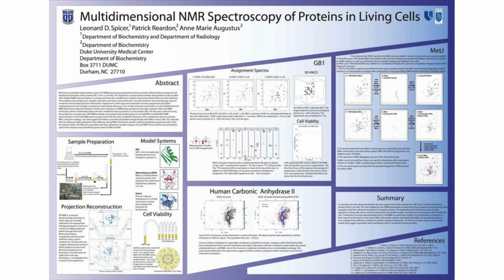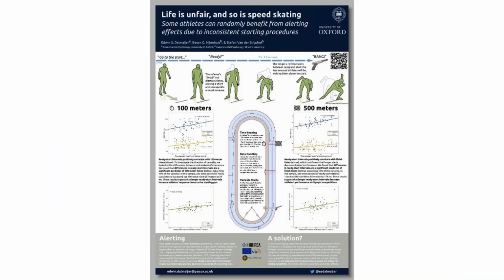In this next chart, what I like about it is that they have these illustrations at the very top that are showing exactly what the series of start positions are for speed skaters, right? So I don't know the context of this poster. I don't know if this poster was presented at an event that was about researching athletics and ethics. So I don't really know who the people in the audience are, but I do really appreciate that this person went to the